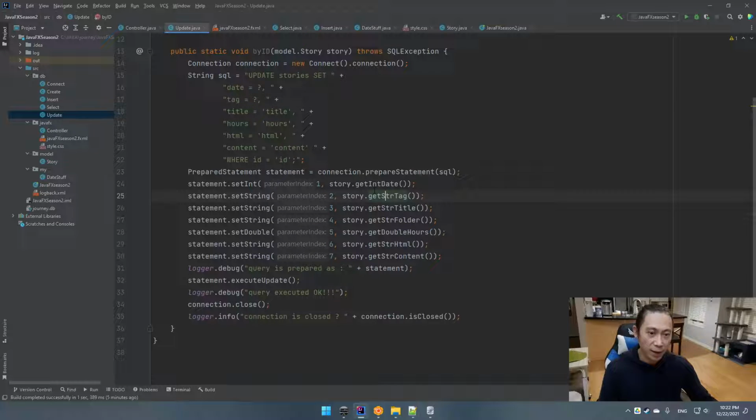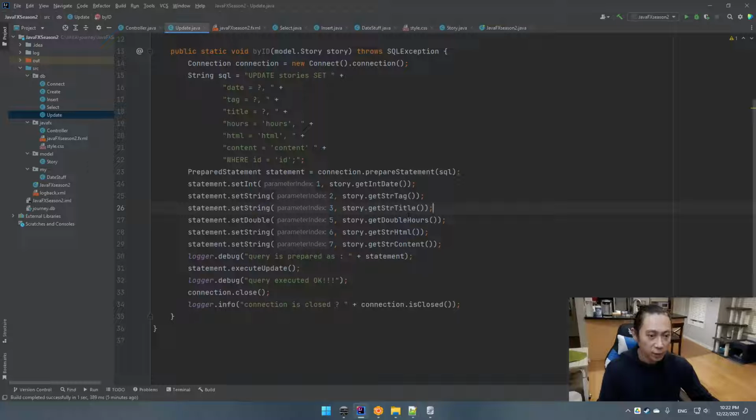Second one is tag, no problem. Title, we're going to question mark it. And then is the folder, we're going to remove it. We no longer need it. And then it's the hours, of course, a question mark. And then the HTML, another question mark. And the content, another question mark. The ID,